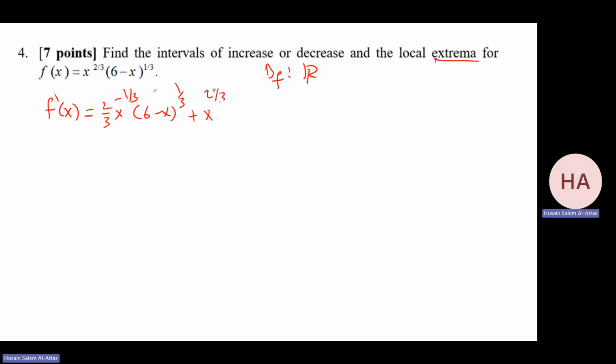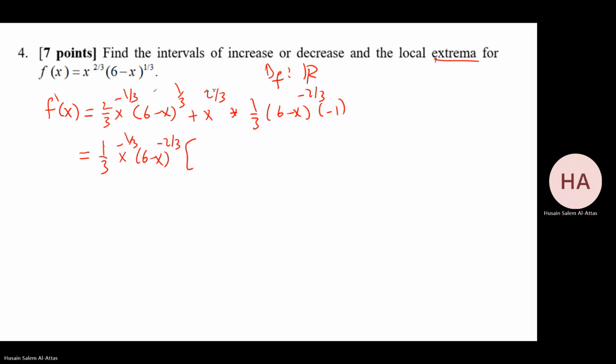Plus x to the power 2 over 3 times 1 over 3, 6 minus x to the power minus 2 over 3 times minus. Okay, now the common factors. 1 over 3, x is minus 1 over 3, 6 minus x to the power minus 2 over 3. Okay, that's the remaining, 2, 6 minus x. Correct. Yeah, 2 over 3x minus 1 over 3, 6 minus x in the power